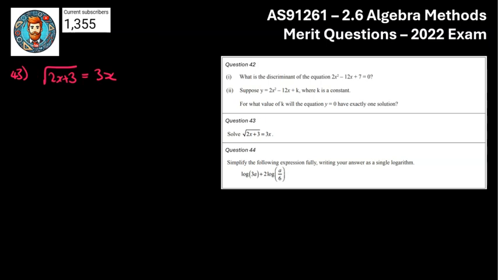So I guess the first thing we can do is to move the square root to the other side, we've got a square. So if we square this side, that will cancel out the square root, and that means we've got to square this side. So that means 2x plus 3, remember the square root and the square have cancelled, will be equal to 9x squared. And a really common math error here is I imagine a lot of people wrote 3x squared at this stage. It's really common for people just to put the square on the x and forget about the 3,